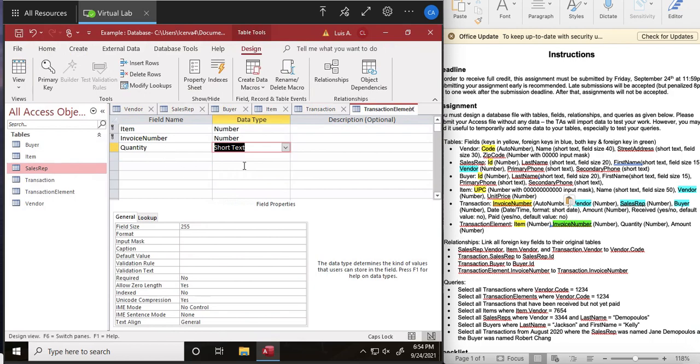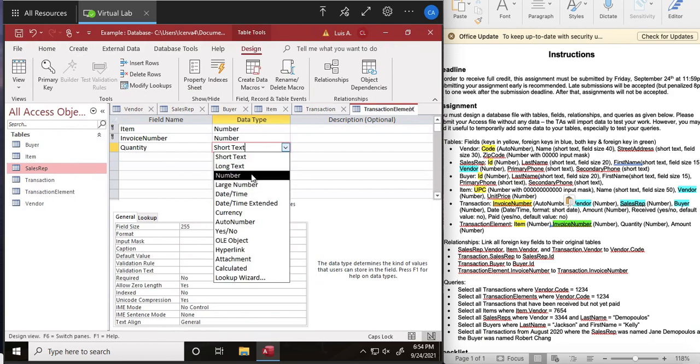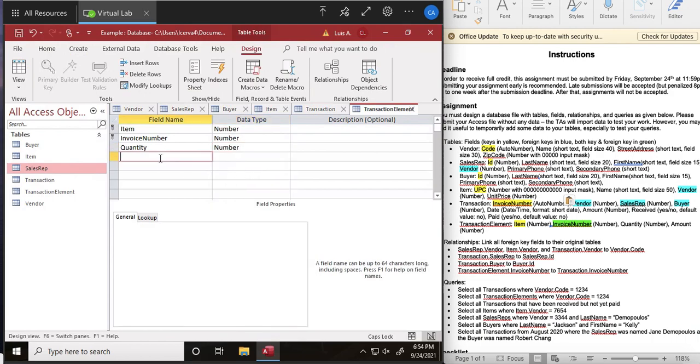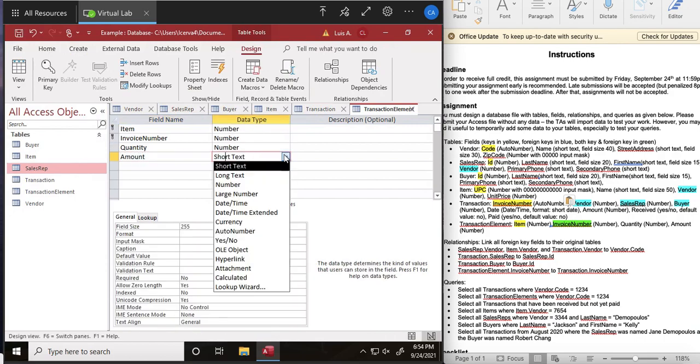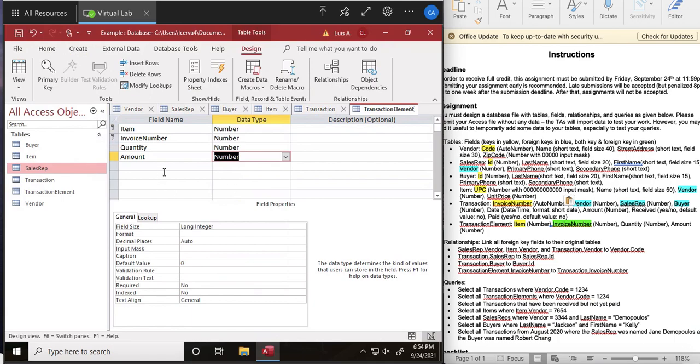Quantities next. Make that a number. And then amount is number. All right, so that should be it. And that's all of them. Let me see. 1, 2, 3, 4, 5, 6. All right, so that's all 6 tables. Guess we're gonna go ahead and move on to the